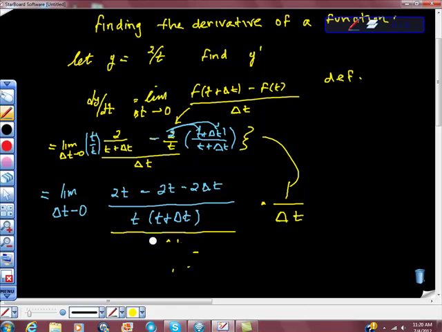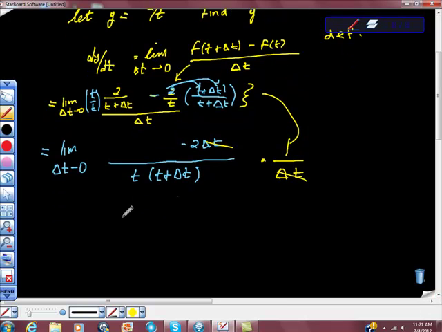I'm going to simplify as much as I can. 2t minus 2t is 0. And here we have negative 2 change in t. The change in t's cancel out, don't they? So I'm going to keep rewriting if you don't mind. I'm going to get the limit as the change in t approaches 0 of negative 2 over, if I distribute into here,